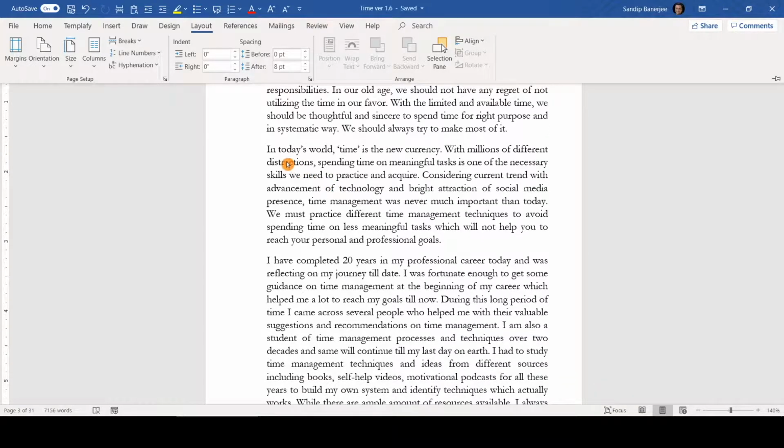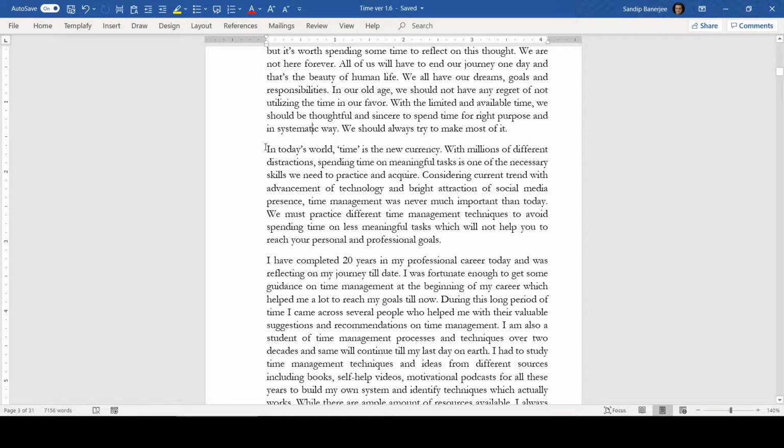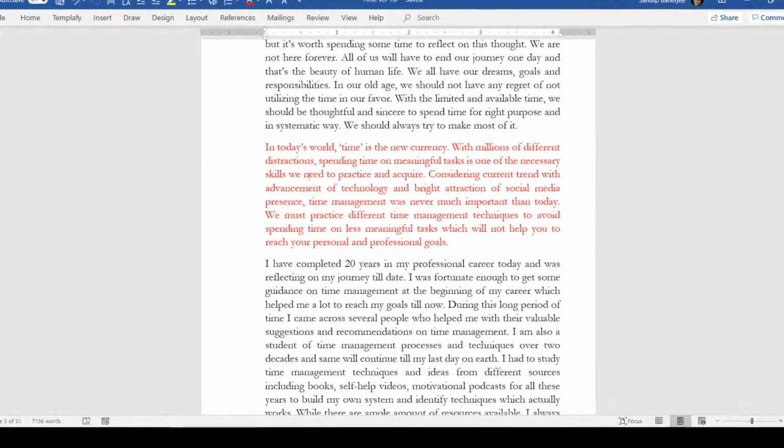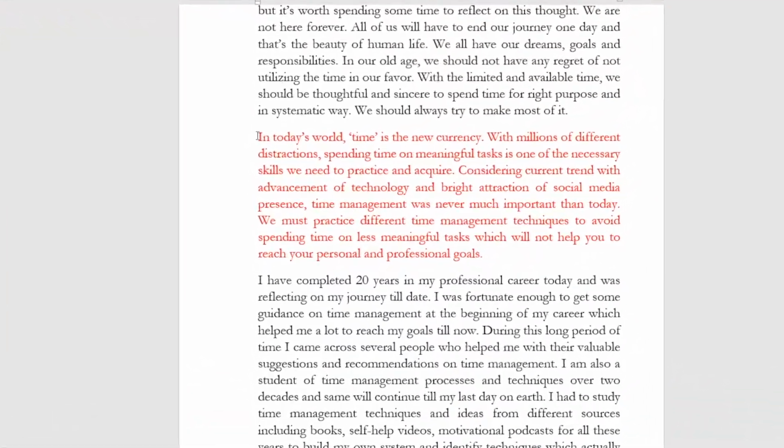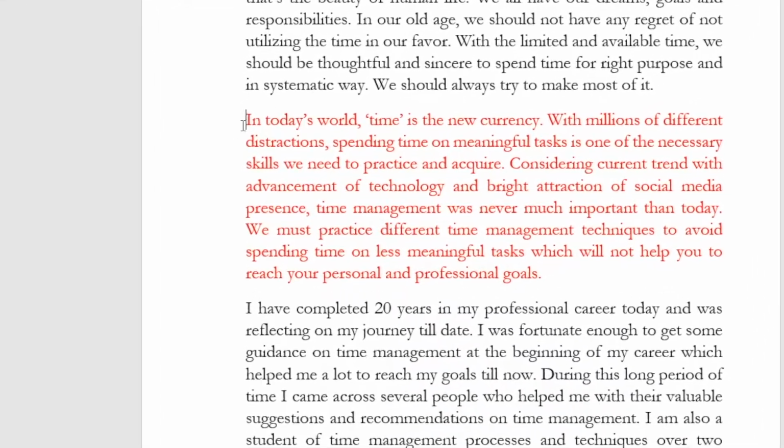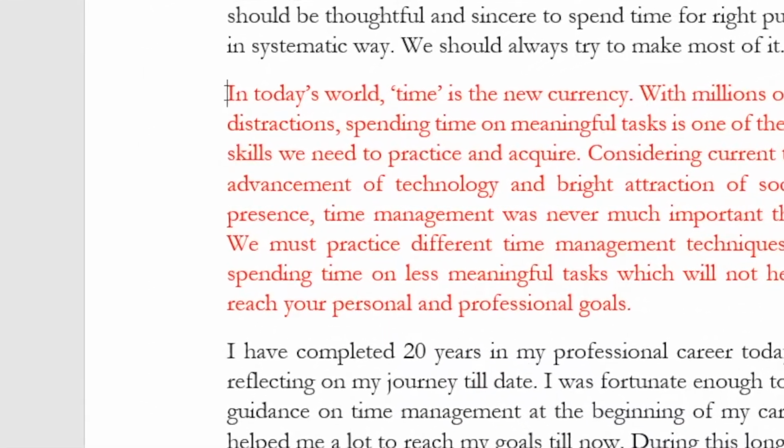So for an example, maybe you wanted to add one single page which will be in landscape and you wanted to move this particular paragraph there. So first of all, let me separate out this particular text with a different color. If I click on this red, first of all, what you need to do, you need to go to the beginning of this particular line where I clicked it now and my cursor is before this I.